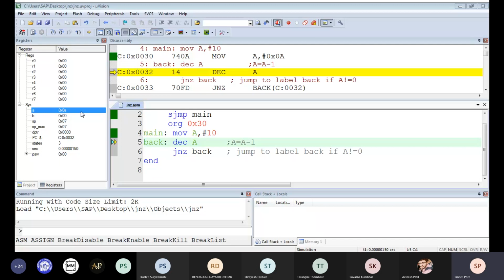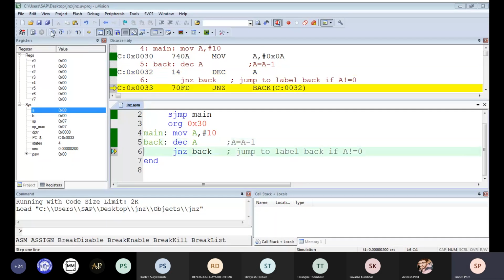Then we have, remember, this backward jump, decrement A, and now the control is at 33, program counter contains 33. Now because we have given JNZ, it will jump back again to 32.